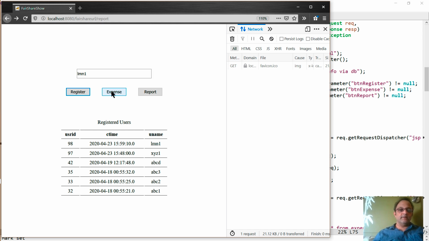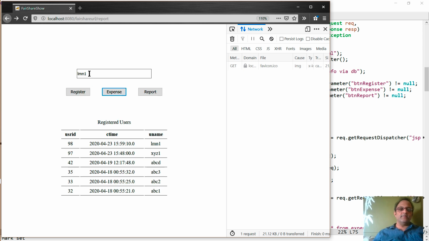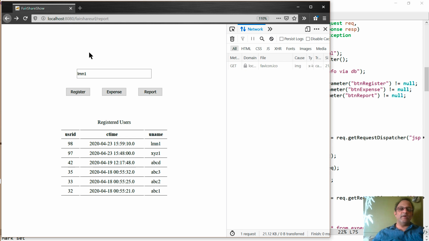Actually, let us see what happens if we hit expense. If we hit expense, we get an exception, because the way we have done that, the validation job is incomplete in our toy application, where two things were expected, only one thing happened. And so we are okay that our database itself doesn't actually change. So oddly enough, in this app, this kind of half-hearted thing where we get these failures is tolerable. But that's a very unusual case, right? In a real app, these cases will not make any sense.